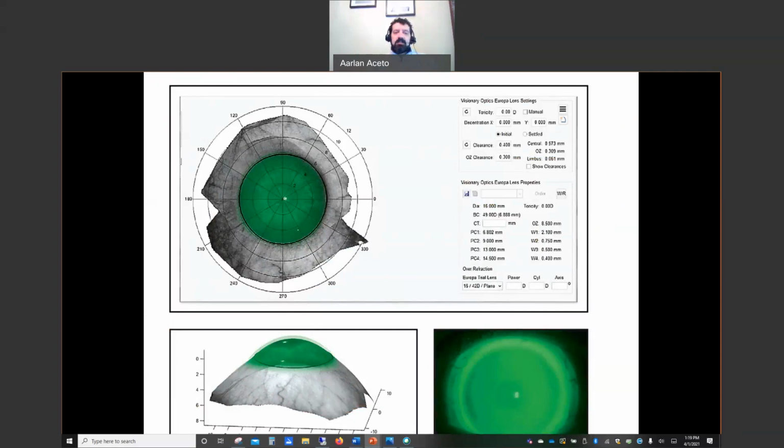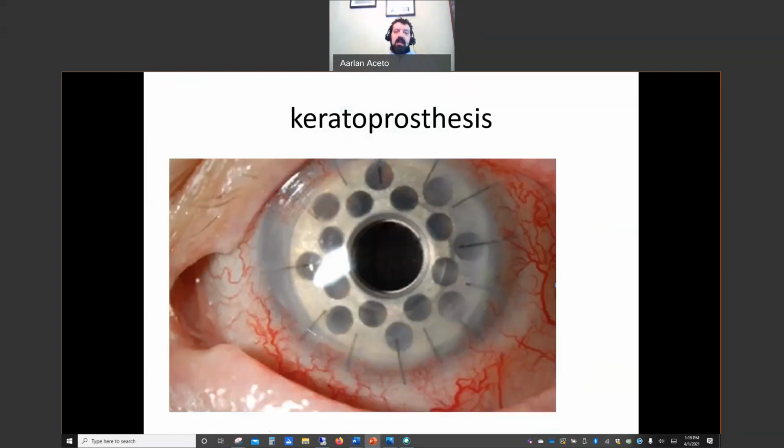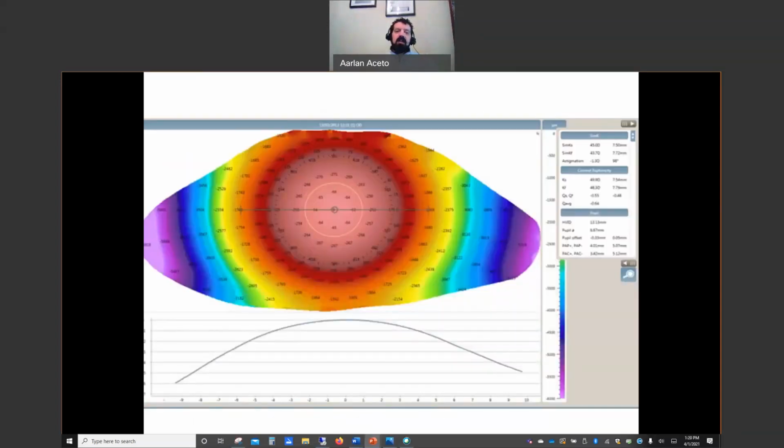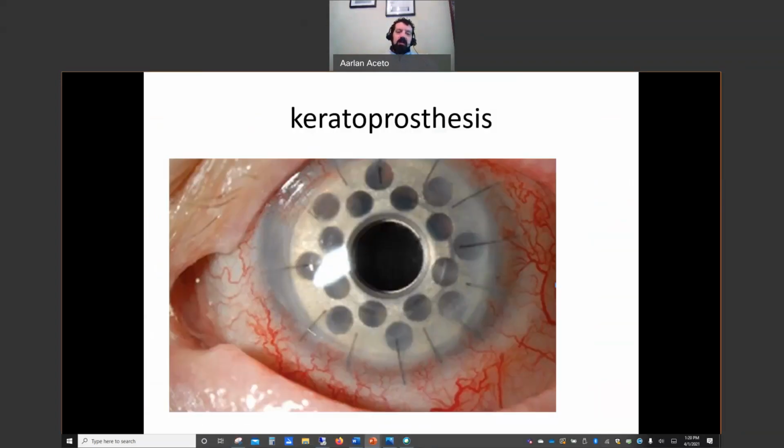And then the last thing I wanted to show is that with specialty contact lenses, we have stuff like a keratoprosthesis, which is a fake cornea that they can suture on there. Sometimes we'll have to do corneal transplants. Well, if those don't work, sometimes we'll have artificial corneas. And again, we can measure what this looks like and start fitting specialty contact lenses over it to make sure that they see better depending on how it is. So there's a lot of stuff we can do,